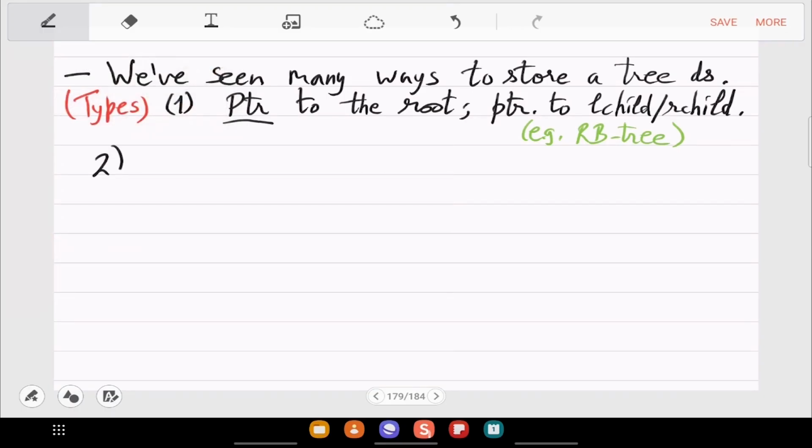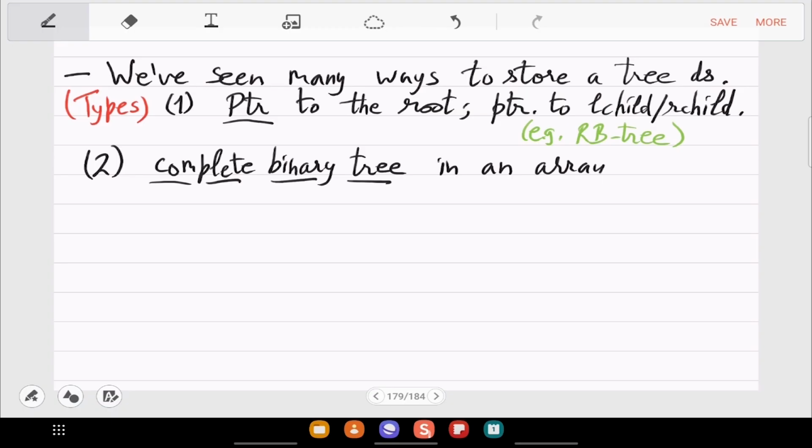Second is this heap style, where we store the tree in an array, and then there are no pointers. We just have formulas to go to the parent of the ith location or the children of the ith location. Right? We use the formulas. That is possible because of the complete binary tree assumption, so we can store it in an array. Right, so that idea gave us heaps.